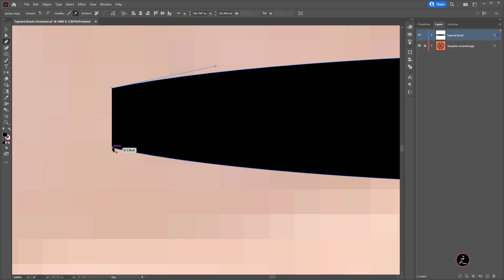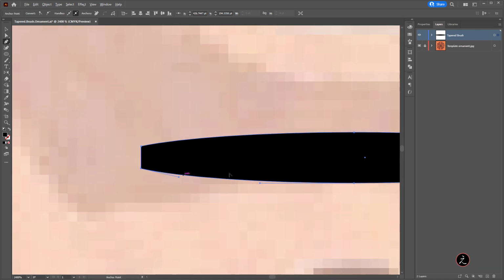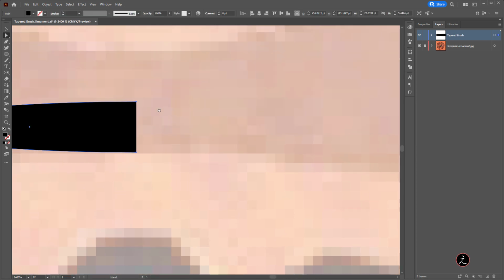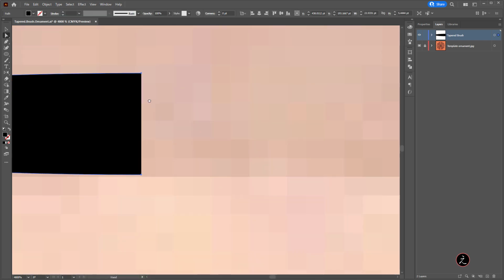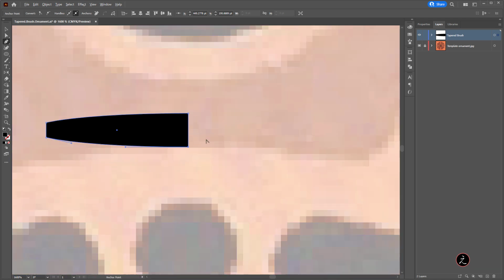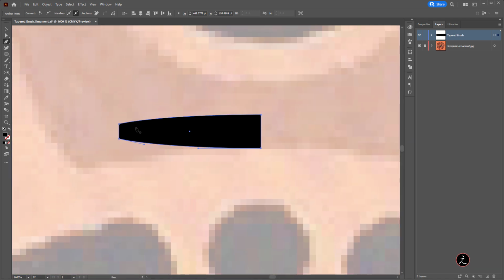I will click on this anchor point, and then I will hover over here. As you can see, we get a circle appearing right next to the pen tool. That means we are ready to close the path. So click on that, and now we have a closed shape. As for this end, I will marquee select this anchor point and just remove that using the delete key on the keyboard. And then here, again, we have an open shape, which means we're going to click on this anchor point tool, and we're going to close the path right there. Here it is. Here's the shape.